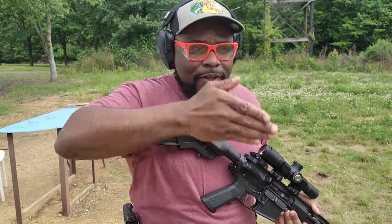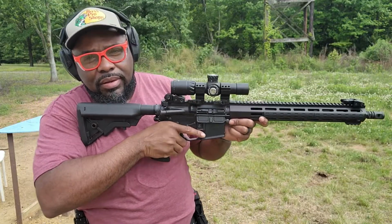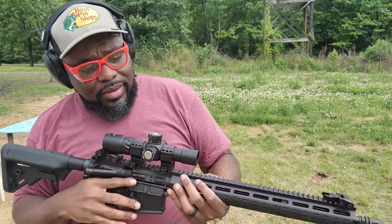So at those markers, or at those points on the reticle, you have an illuminated dot. So very much designed for holdover. So I can put that dot at the target and hit where I'm going to hit. The other thing that I liked about it was the fact that it has